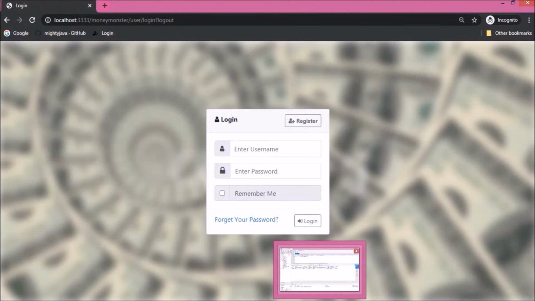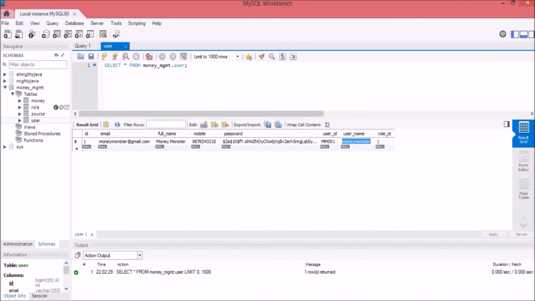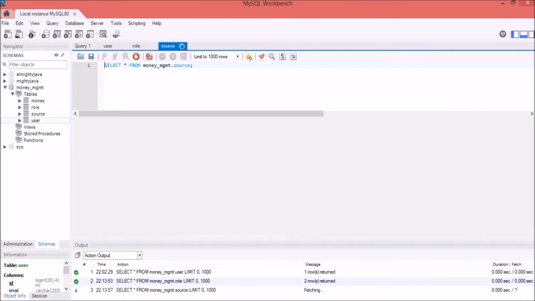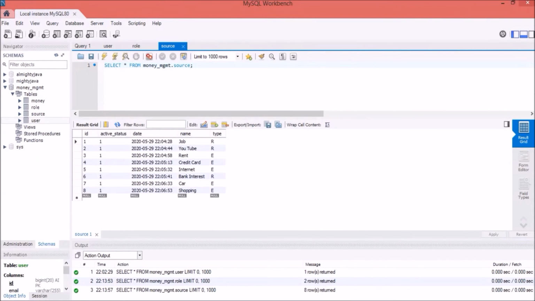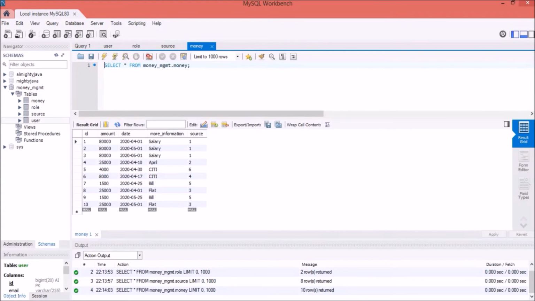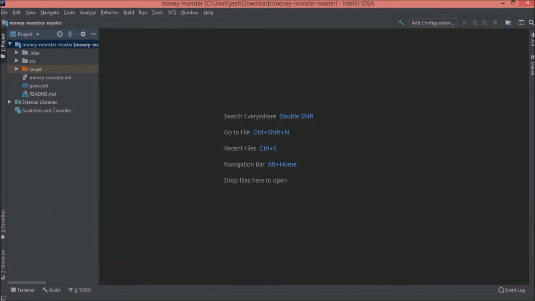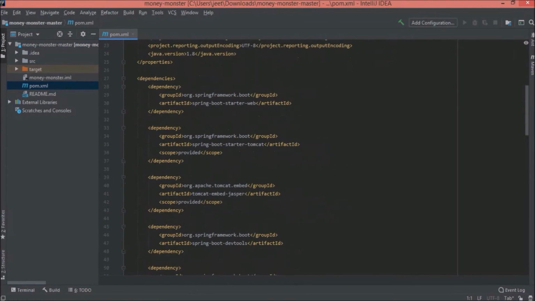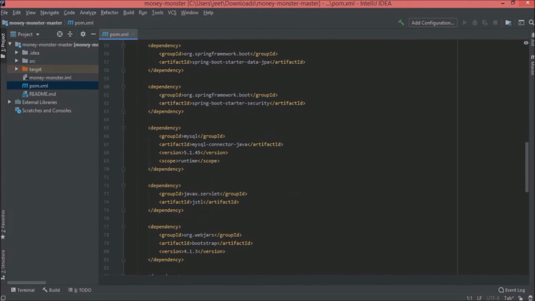Now, let's see how the data is stored in the database. Let's open all the table one by one. See, everything is simple, so nothing much is there to explain. Now let's review the code. See, if you are following my video, then here also nothing much to explain. So just showing the content and the files.